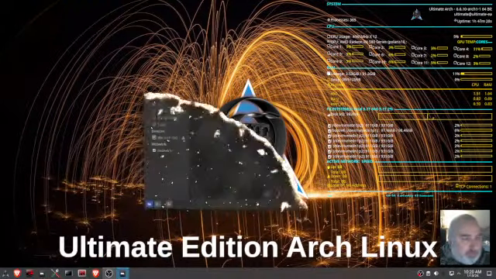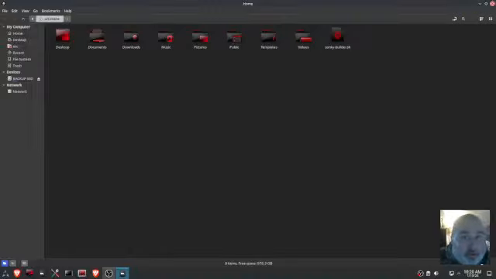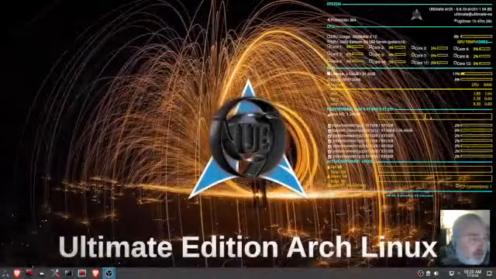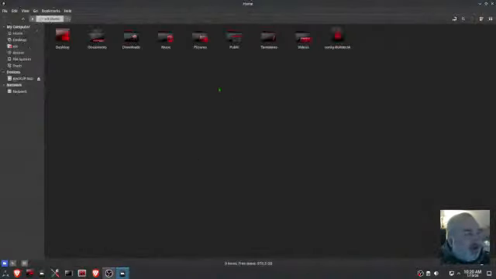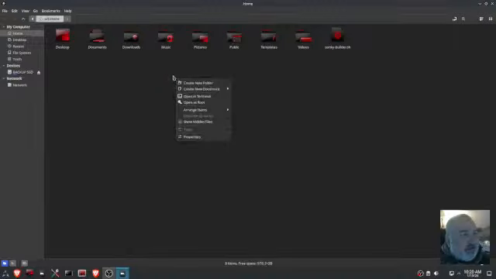Let's pull up Nemo here. The theming still works. So whatever he does with the theming, I love it. That's pretty cool. So now, okay, I can get rid of this. Remove. So now I should be able to open up, see this open as root right here. Let's see if it works. It does.